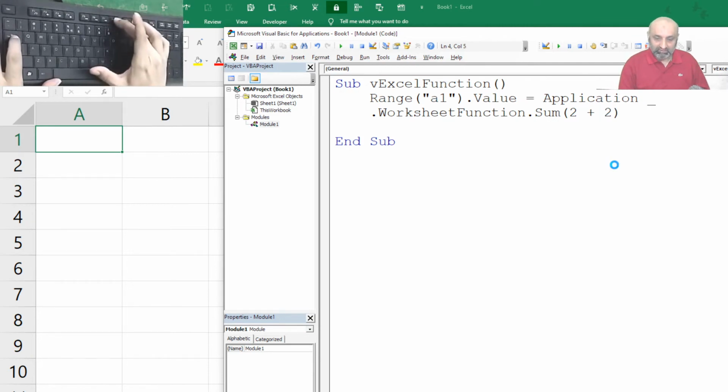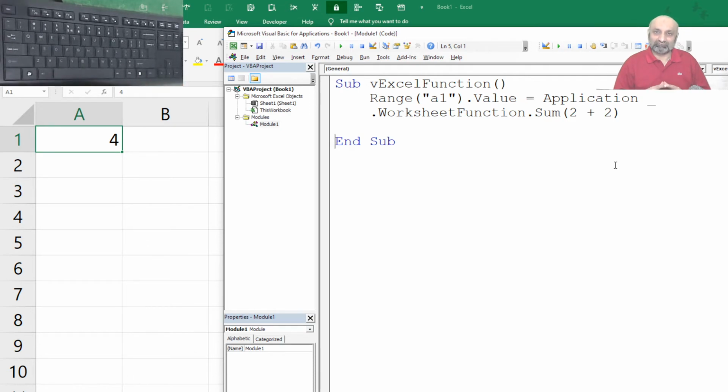Let's run it, F8, F8, F8 and F8. So this is how we use an Excel function in VBA: Application.WorksheetFunction dot. I took you to Microsoft Help so that you understand this is the way to explore things. So this was about how to use an Excel function in VBA.